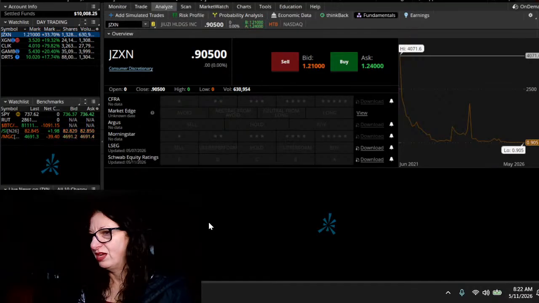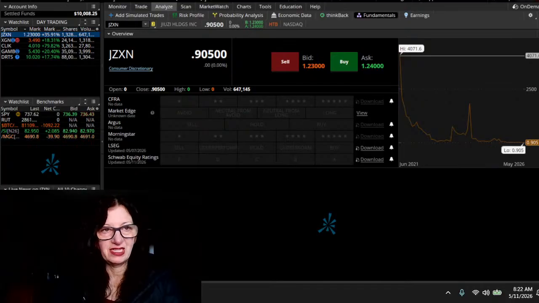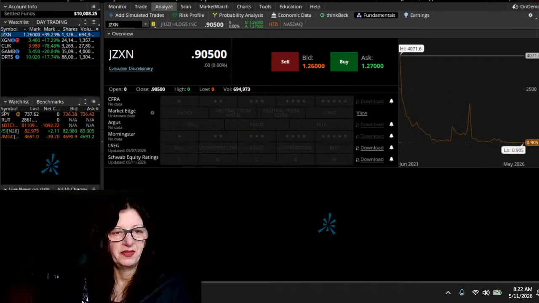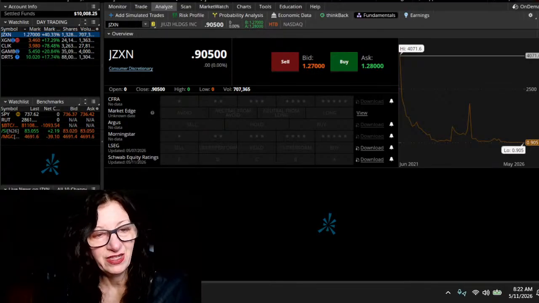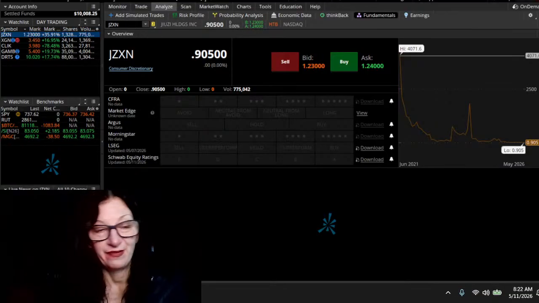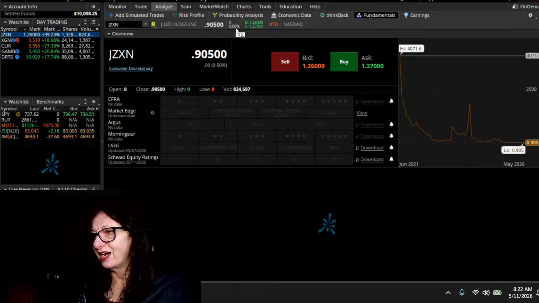It's hard to borrow. I think it's a Chinese stock. JZXN ticker. They're a Chinese stock. Yep. Headquartered in Hangzhou. I don't know how to pronounce this. Zhejiang. I don't have Chinese pronunciation skills here, but Hangzhou. Okay, so that's a Chinese stock. Again, not something that will automatically keep me from trading it, but I